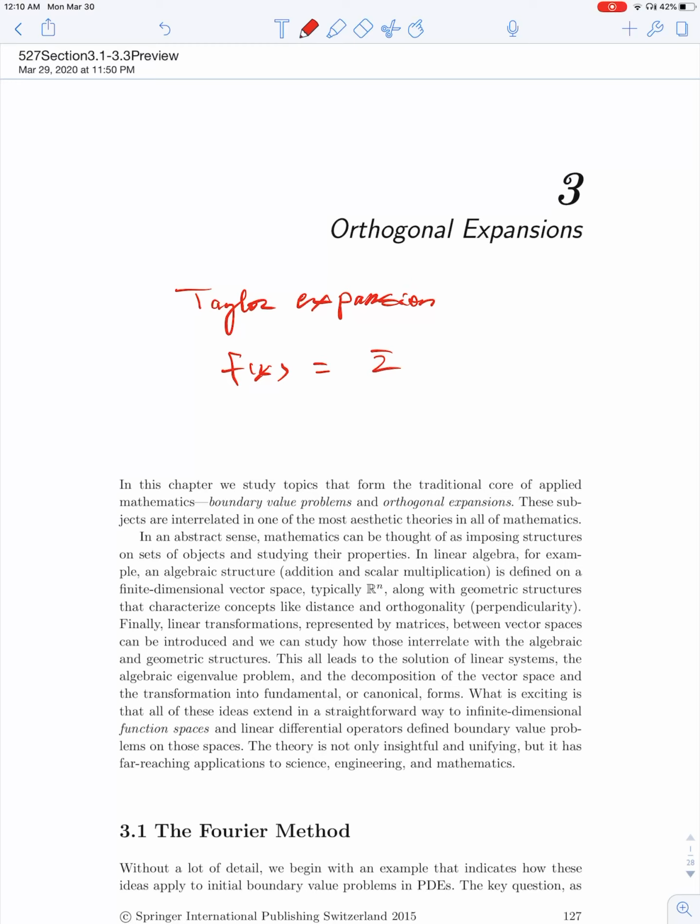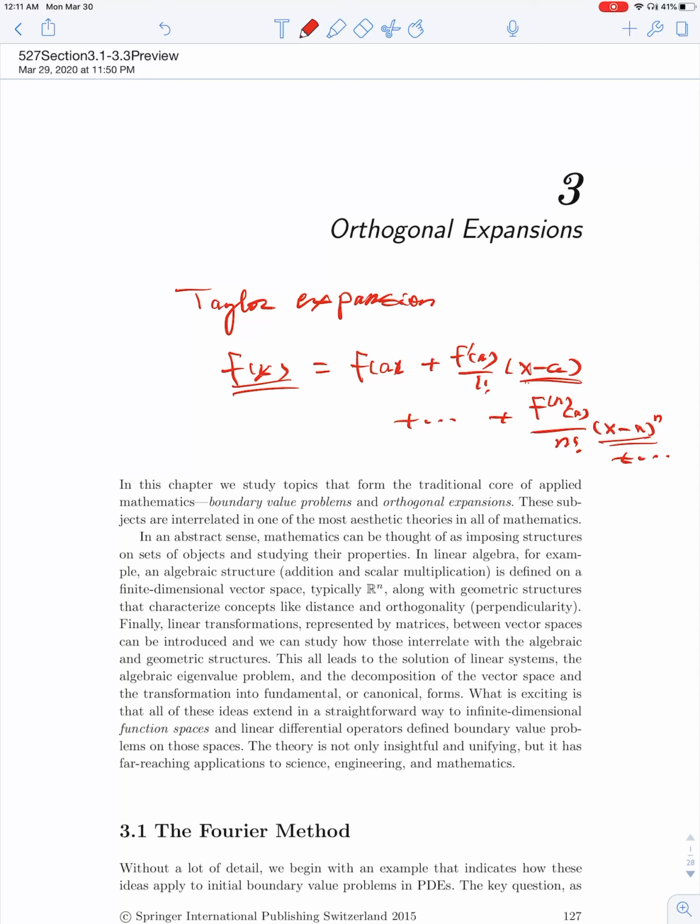So that Taylor series, let me write it term by term, is, let's say at the point a, f(a) plus f'(a)(x minus a), and then the nth derivative at a over n factorial times (x minus a) to the nth power. So we expand a function using x minus a and these